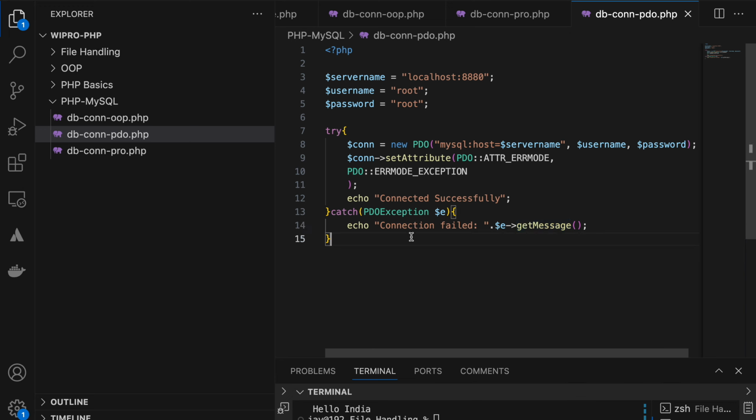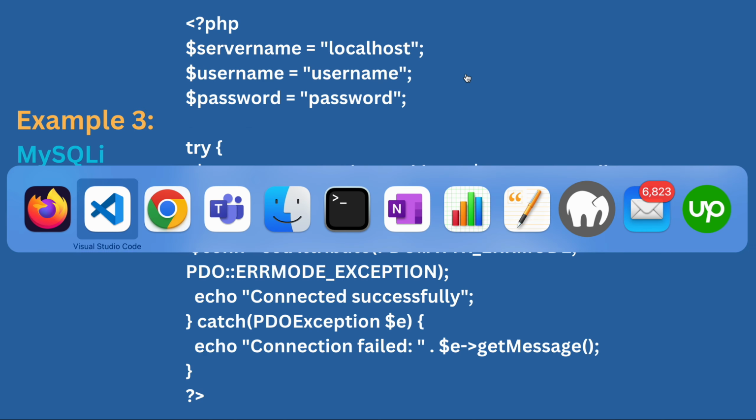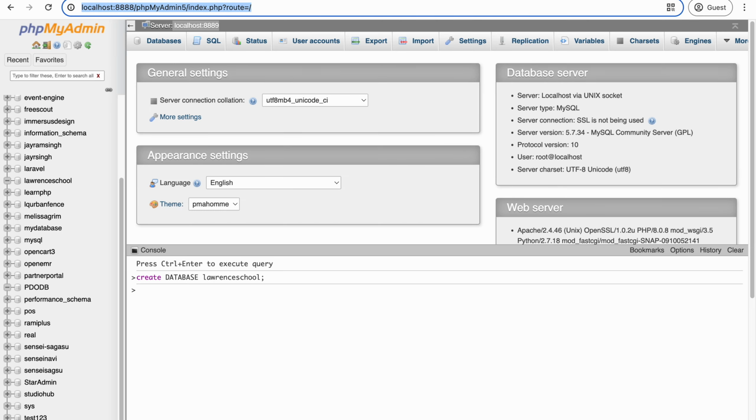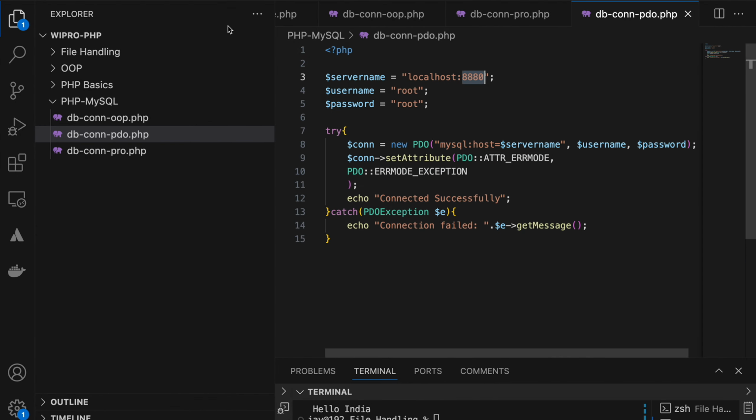Sir, where is this port coming from? Can you tell me? Use a server name port. Actually, this is my computer server port. In your case, it will be 3306. Sir, for us it's different.